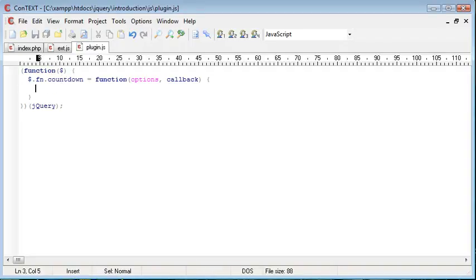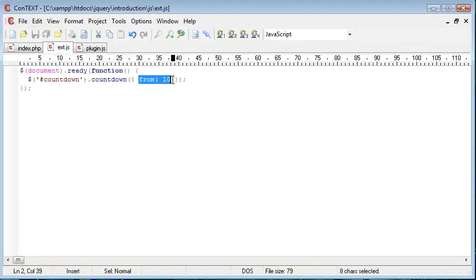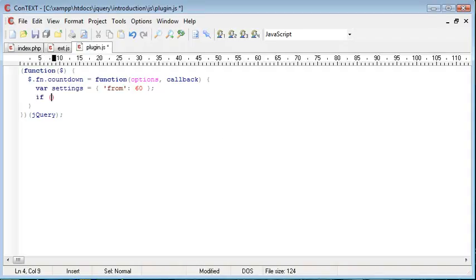Now I need to work out how to handle it. The first thing I need is a variable called settings, and this is an array of data, and that array of data takes the argument or parameter name and then a default value. So I'm going to set the default value to 60. What I then want to do is check if a user has provided these options. Now this settings here is not to be confused with the options set, but what we want to do is combine them if options have been provided, i.e. if the user has typed in here. So I'm going to say if options, and the block that we want to run if options are available is we want to extend settings